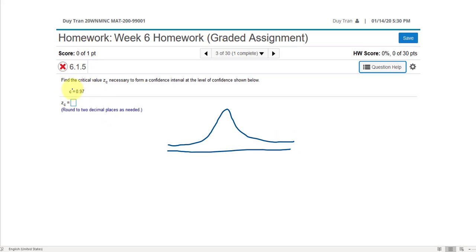your level of significance is the area between minus ZC to ZC. So 0.97 is the area, this area right here. The level of confidence is the area between the negative ZC to positive ZC. And now they ask you what is the value of ZC